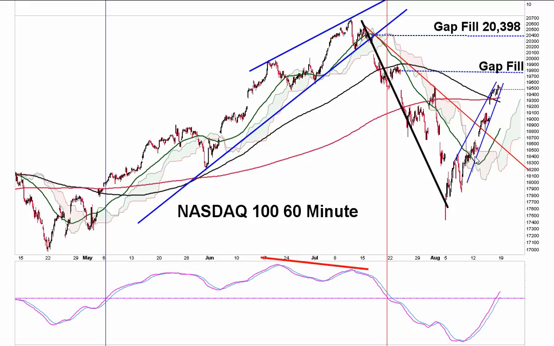You got a rising wedge. You got this other gap fill up here, but eventually we're going to make our way up to this level. Right now the bulls think, oh, we're going to do that now. We're not going to do that now. You're going to see more distribution, whether we go a little higher and get the distribution and see that happen, or whether we do it immediately